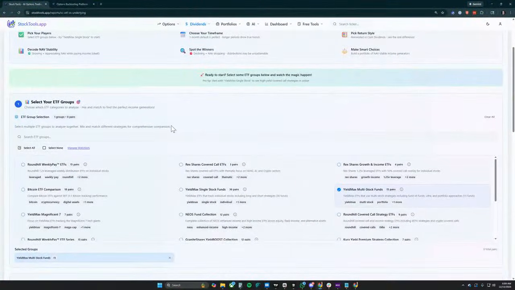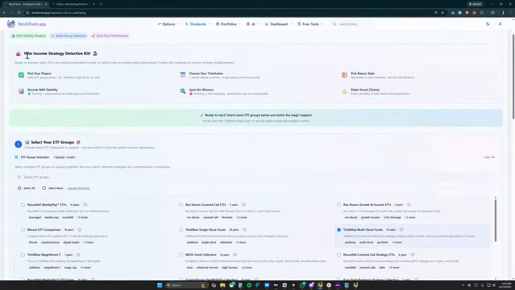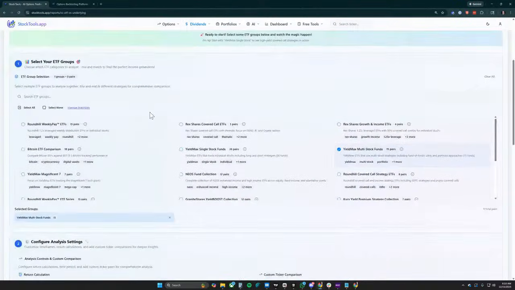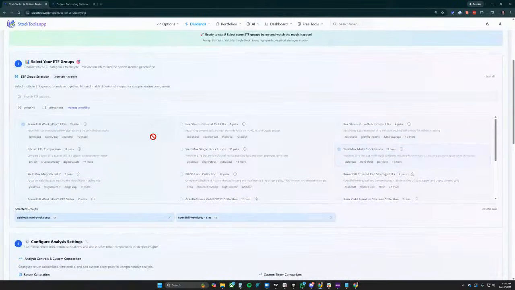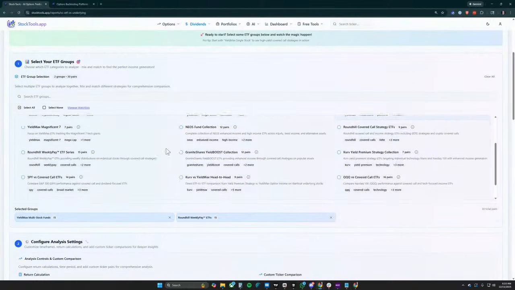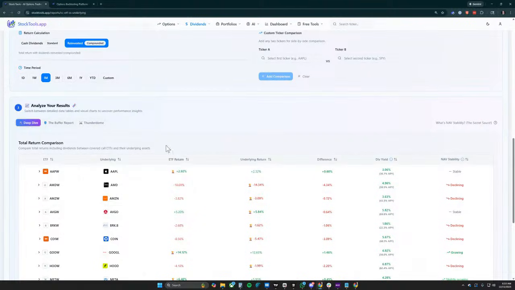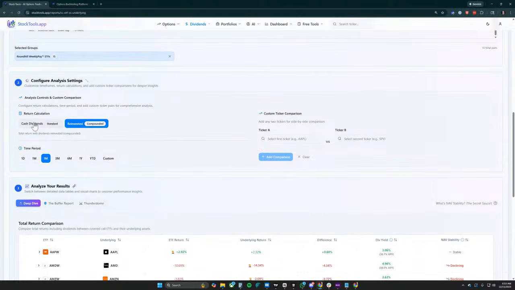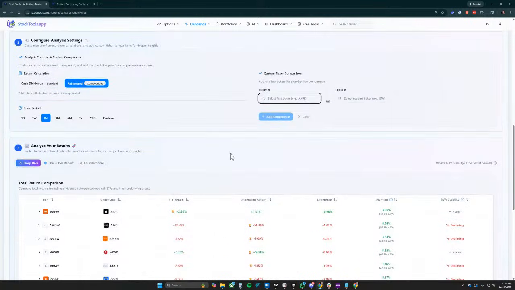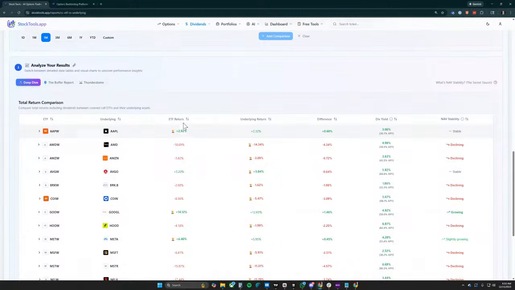So this screen is the idea of your income strategy detective kit. So the idea is we have, let's look at Roundhill weekly payers, right? And we're looking over the last month. We can switch between cash dividends or reinvested. We can add custom tickers into here as well. We're just looking over last month, and we can see, okay, let's sort by ETF return, and we can see